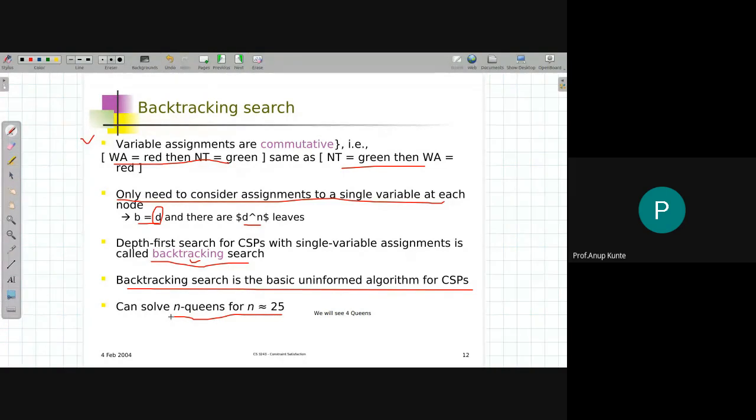But as n grows beyond 25, this algorithm struggles to find solutions in a reasonable amount of time, because, please understand, depth first search needs to traverse the tree to reach the leaf nodes and verify whether those leaf nodes are actually complete and consistent assignments or not. In that sense, it is not able to navigate early enough to give you the solution as n increases.